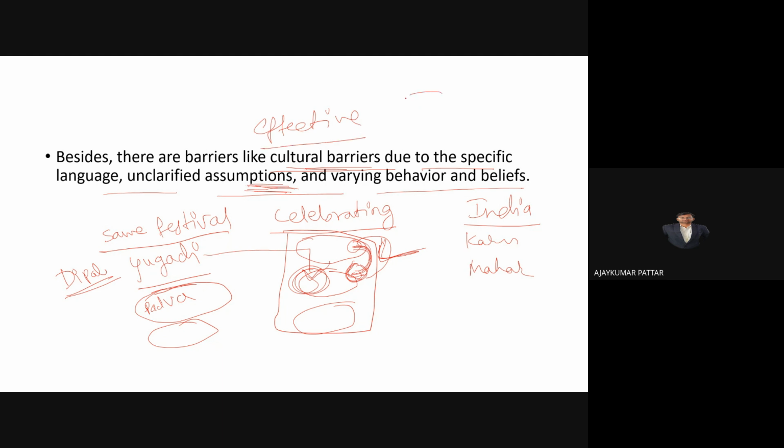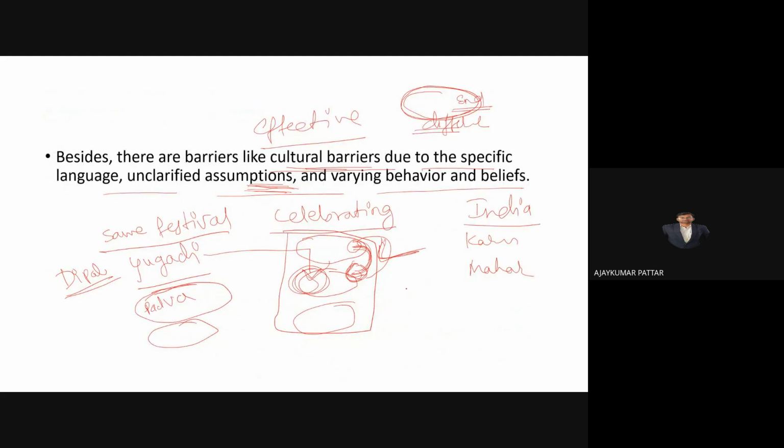Sometimes initially we don't know what they are doing. After the end we will understand, yes, this is the festival that we celebrate under another name, but they are doing it like that because of a different culture. So the different cultures, specific language, and some special behavior, the culture, everything is acting as a barrier for communication. So these come under the other barriers.